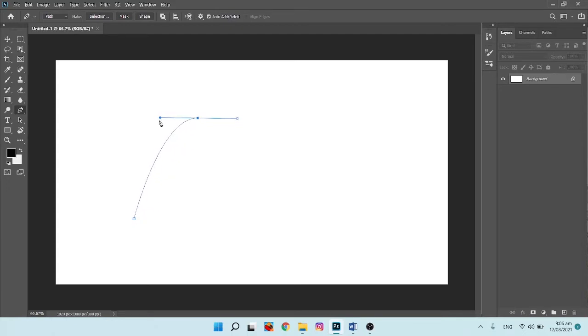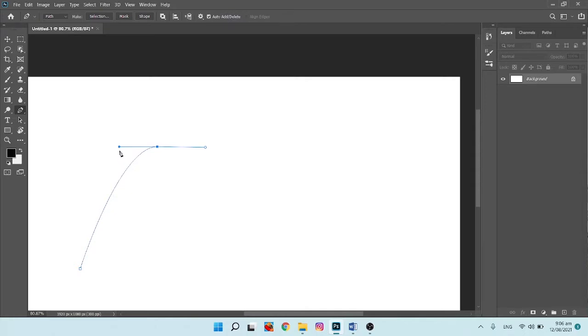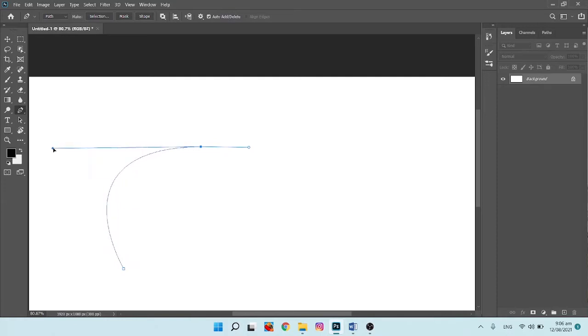If I hold Alt and then click and drag, I can move it anywhere I want. The line was initially like that way because there was no curve right here. And if I start to add a bit of line, it's gonna start to add a bit of curvature, as you can see. And if I extend this, the curvature is actually extending. So it's kind of like a tangent to the circle, more like a handle that is attached to this line, and wherever I move it, it's gonna go with it. So it's attached right here. If I take it right here, it's just gonna pull it out.